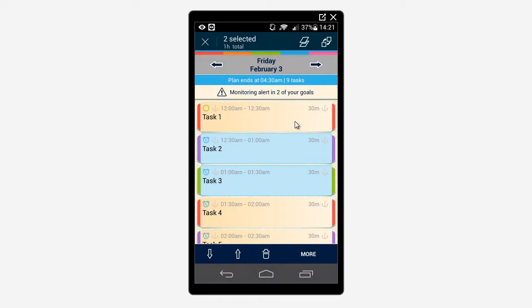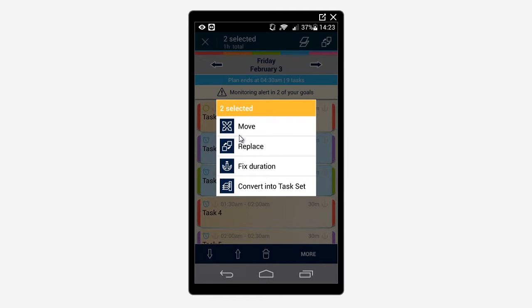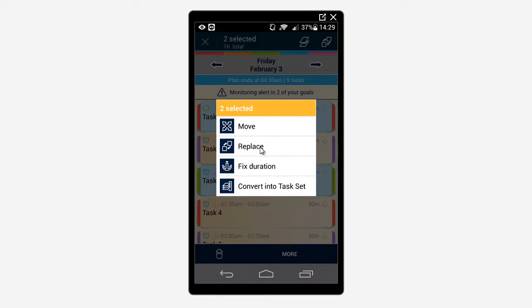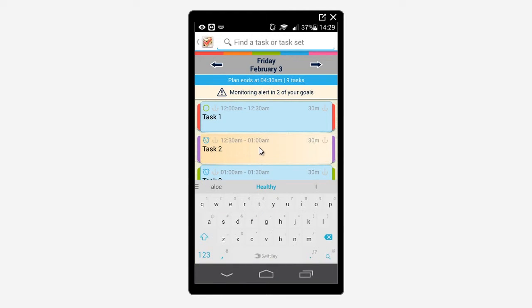More options are available under the More button. You can move all the selected tasks to another day, fix the durations of all of them, convert them into a task set, or replace. In case of the replace option, there are two cases. First, if the selection is not continuous like now, and we replace the selection with, let's say, break,